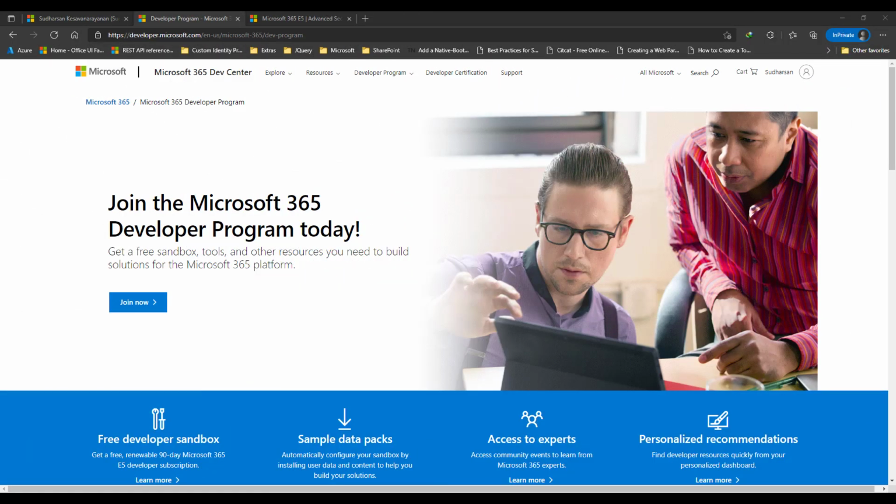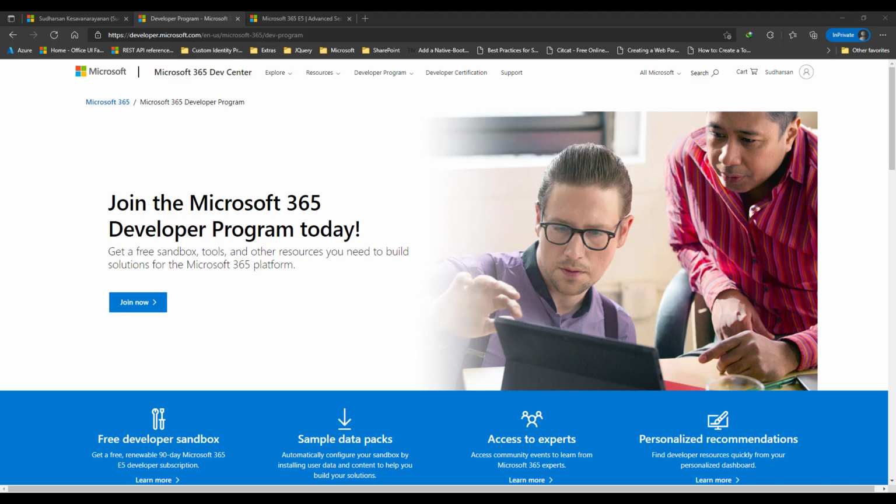Today, let us see what is M365 Developer Program, how you can join, and what are all the services offered by this program. The program was started by Microsoft to give everyone an opportunity to learn, explore, develop, and implement using M365 platform. There are lots of services freely offered for us to get the hands on. The only thing you should remember is the services and apps that you have developed using this developer subscription should not be used for production purposes.